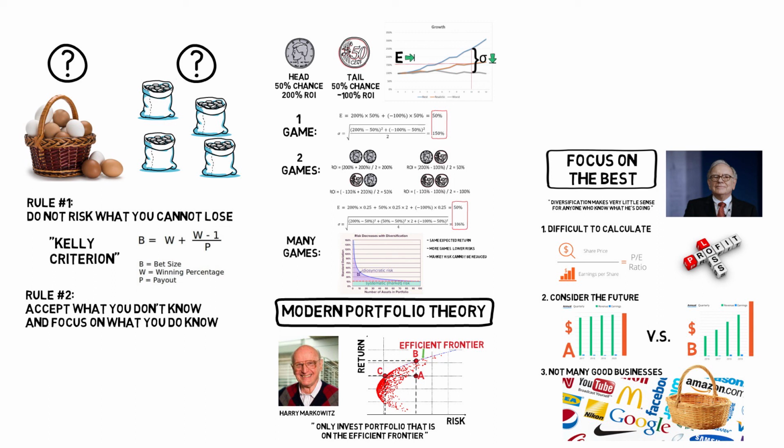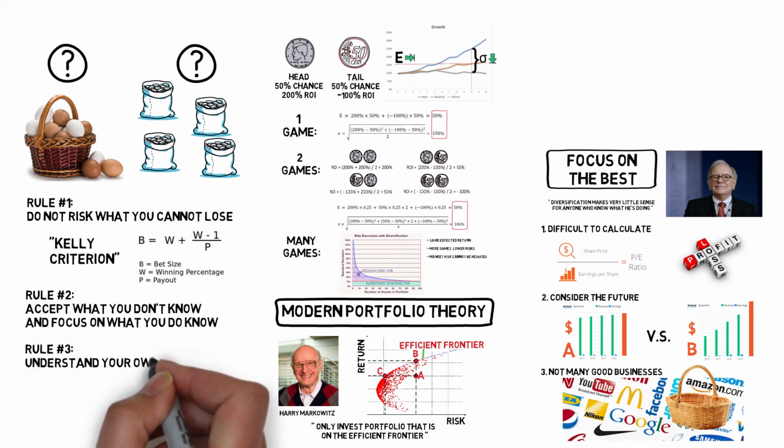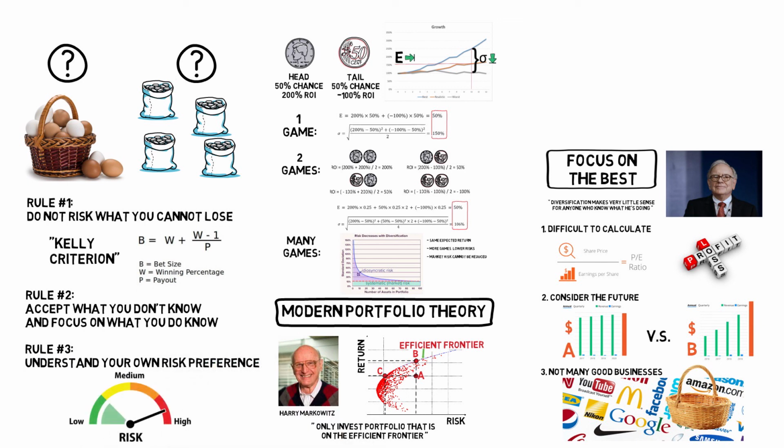Finally, understand your own preference. We are human beings and not machines. The first ice cream is much better than the second one, and the first 10K you earned has a very different meaning to you compared to the 10th 10K. Psychologically, we all experience diminishing marginal utility. Higher return does not always bring you more satisfaction if you don't like the risk with it. Ask yourself what your risk preference is and adjust your portfolio accordingly. This will be the best way to be rational and keep making good decisions.